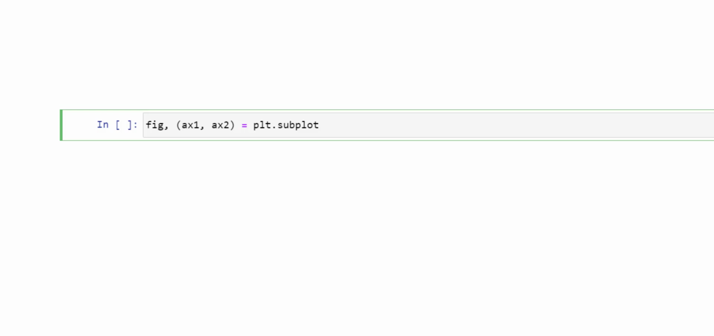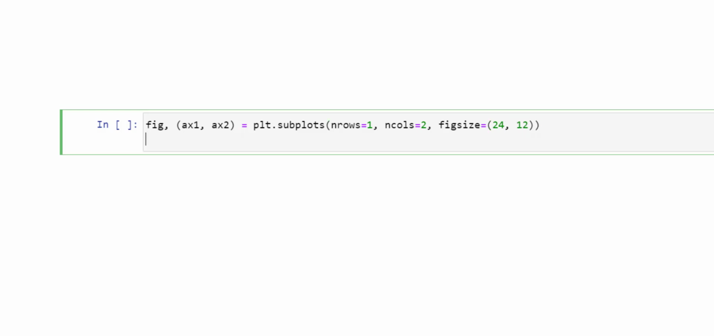And so plt.subplots, and in here n rows equals how many rows do I want? One row. And n cols, that is the number of columns in the subplot, is going to be 2 because I have two images that I'm going to show at the same time. Then figsize, I'm going to make it wider because there are two plots, not that wide, 24 by 12. And now I'm going to